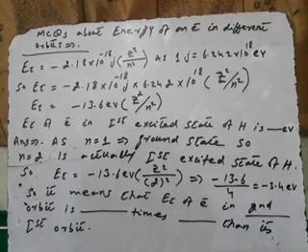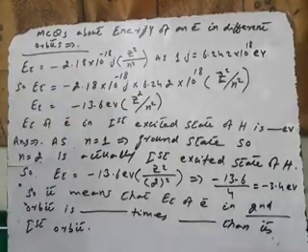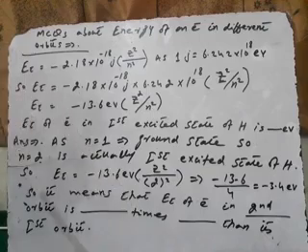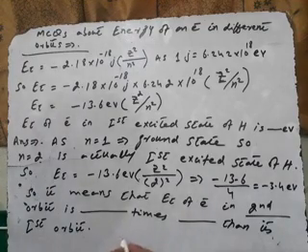Assalamualaikum students. Here we are going to discuss important questions from the Bohr energy equation, the equation which is used for the calculation of energy of an electron in a particular orbit. As we know from the Bohr equation, the total energy of an electron, and we should keep in mind students, that total energy is actually the sum of kinetic energy and potential energy of an electron in a particular